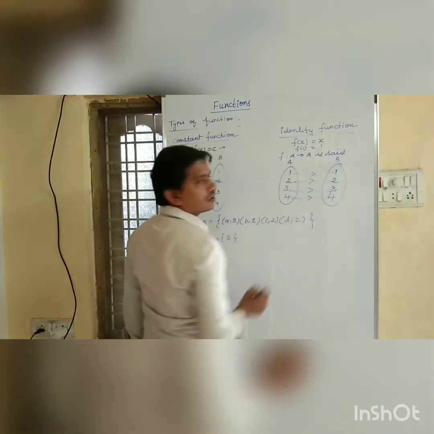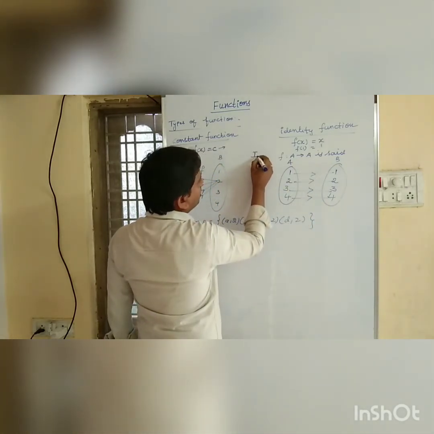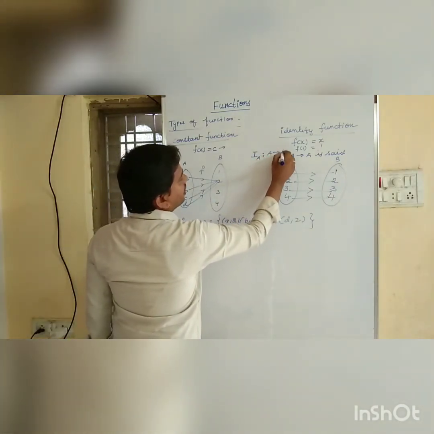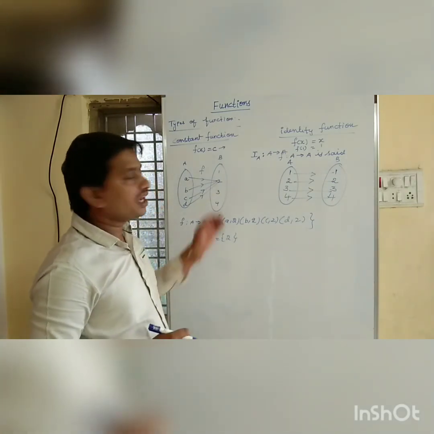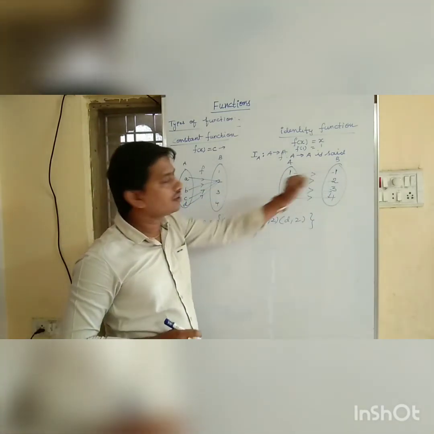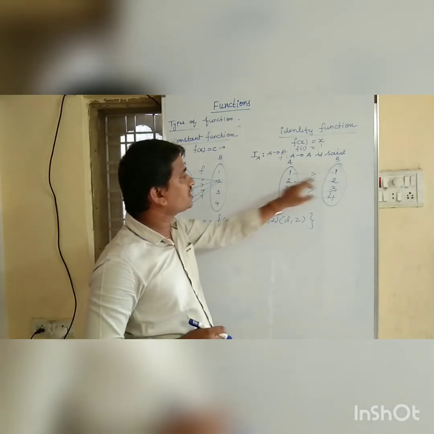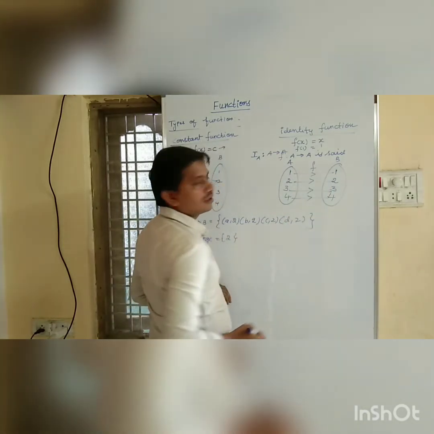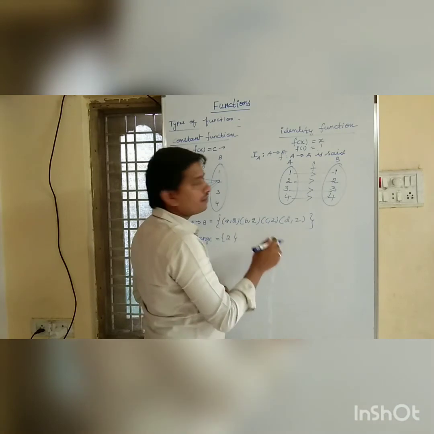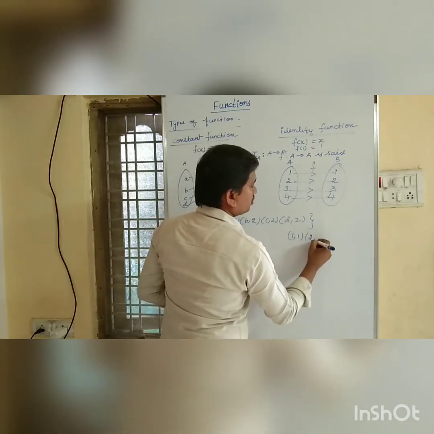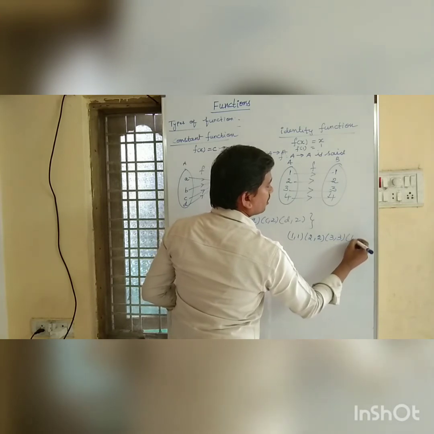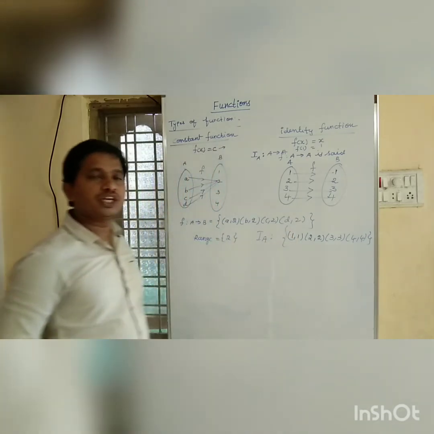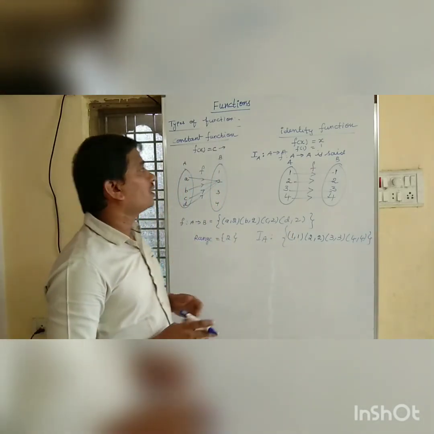Identity function. Okay? So generally identity function is represented by I. What do you mean by IA? IA tends to A only. IA means what? A tends to A. So 1 is with 1 only. So that's why identity function. 2 means 2 only. 3 means 3 only. 4 means 4 only. So F is a function. F is an identity function from A to A. I mean (1, 1), (2, 2), (3, 3) and (4, 4). This is an identity function IA which maps A to A. So this is about identity function.